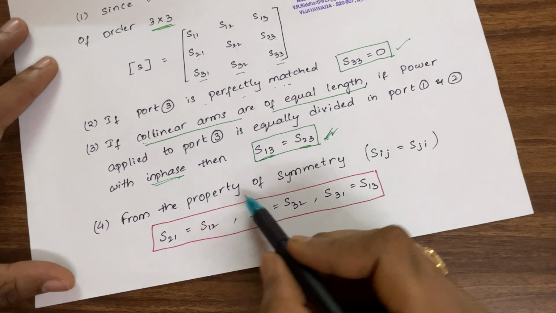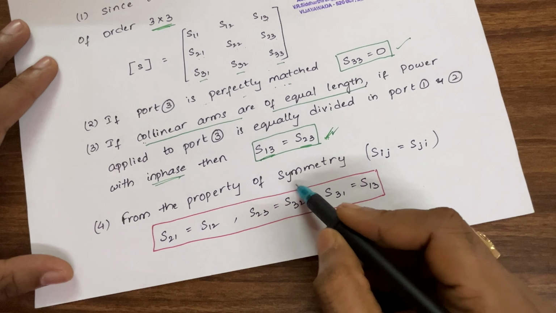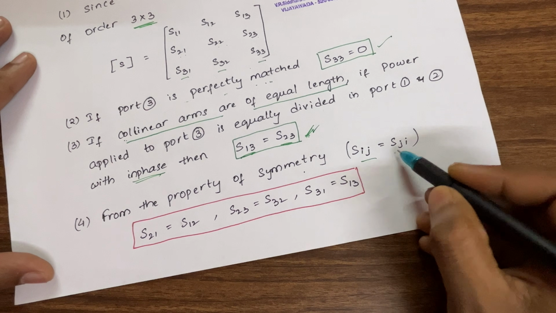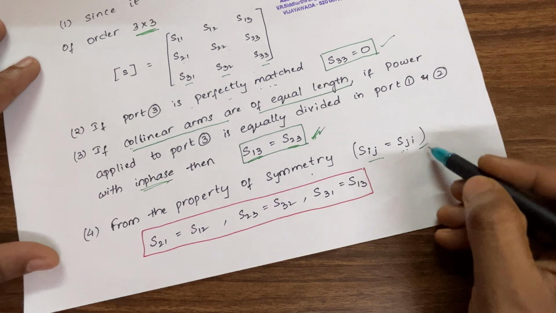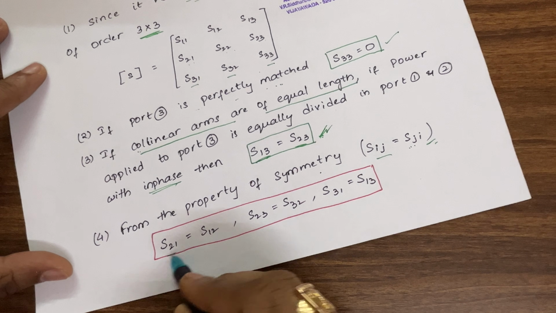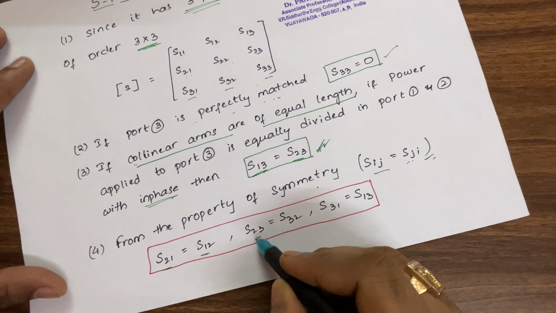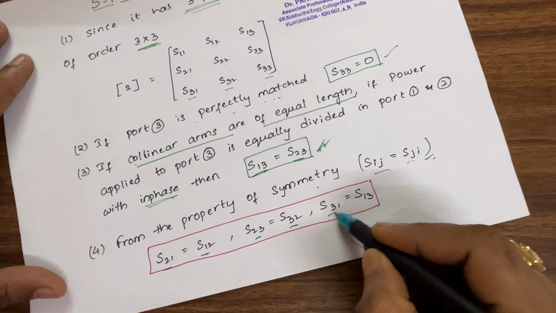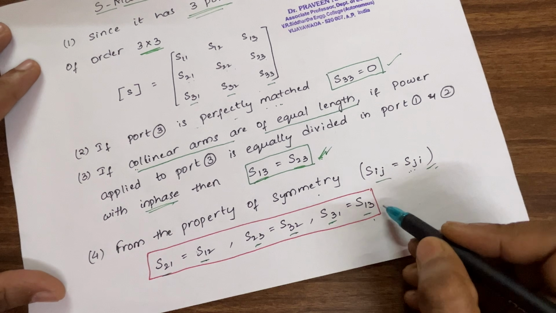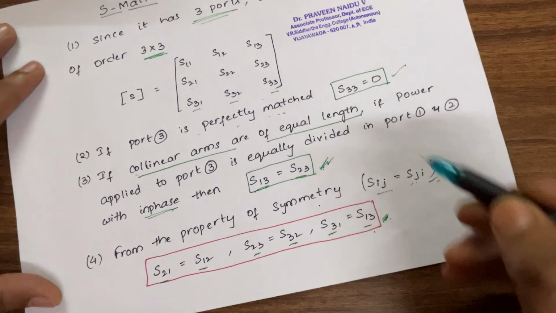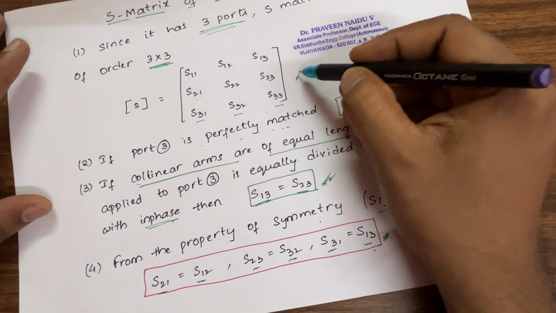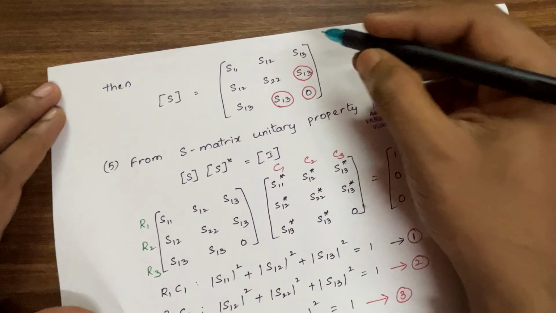And the next property of the S matrix is the property of symmetry, that is Sij is equal to Sji. By using this property, we can write S21 is equal to S12, S23 is equal to S32, S31 is equal to S13. So by substituting these conditions in the above S matrix, the matrix becomes